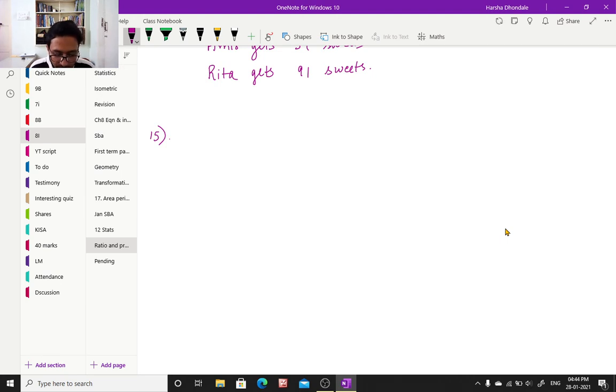7 calculators cost $41.58. How much do 3 calculators cost and how many calculators can you buy for $58? Okay, now you can use a ratio proportion method or unitary method, whatever you're comfortable with. Let me choose the unitary method itself for this. 7 calculators cost how much? $41.58. 3 calculators cost how much? 3 calculators cost me 41.58 by 7 into 3,